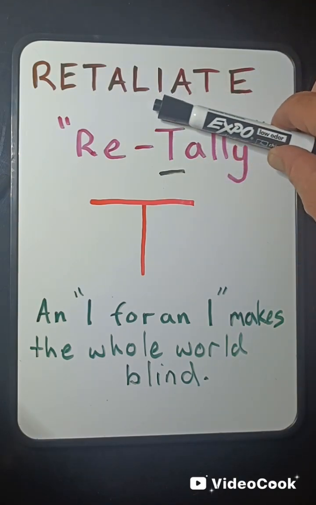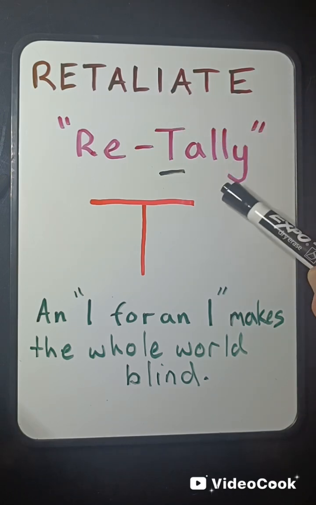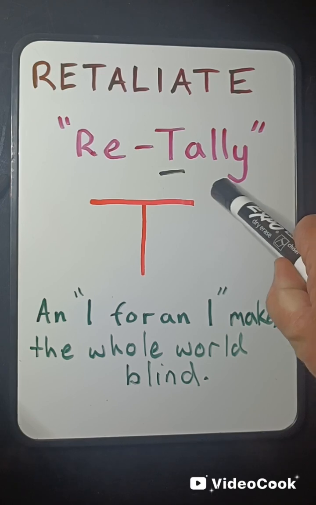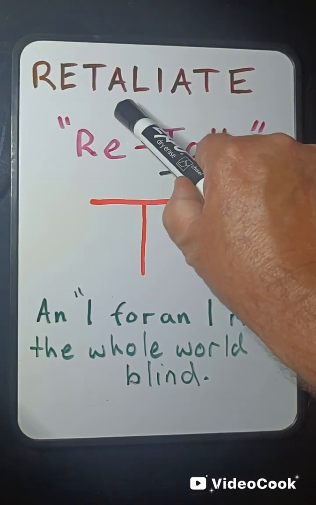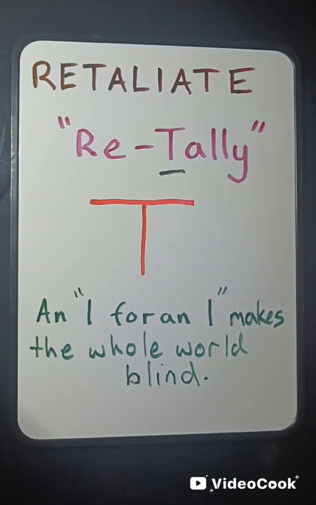The tally up here, T-A-L-Y, is sort of like a misrepresentation, or the tally down here relating to keeping scores is a misrepresentation of this tally. Either way, they're just different representations linguistically of exactly the same idea and phonic, the tally. Okay, and with the word retaliation, we primarily use it in a negative context. We refer to it as getting back at each other in a negative way. One bad act traded for another bad act.